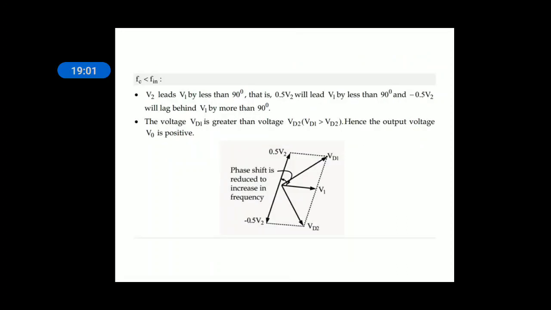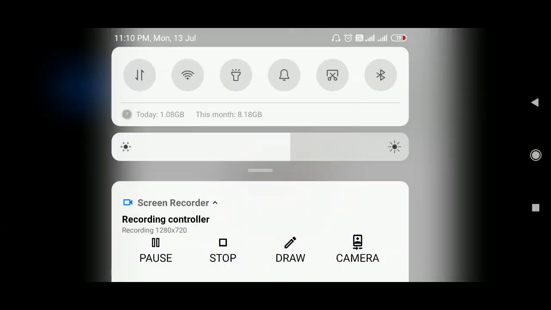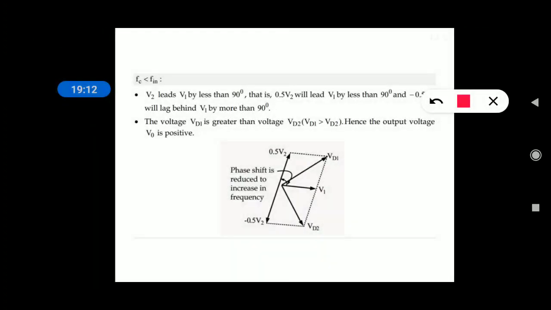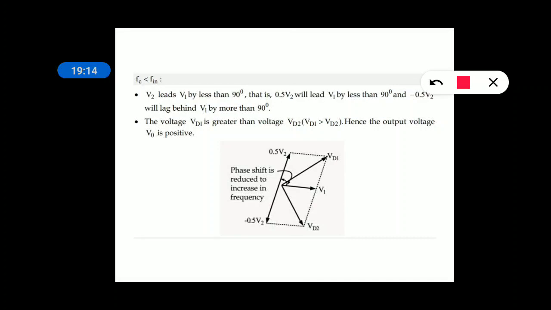But we know already, when input frequency is greater than center frequency, what happens? Already you know, in FM signal, when frequency modulation is performed, when the message is positive, the frequency goes up or increases. Here also, when input frequency is more than the center frequency, that indicates the output might be positive. We will see what happens.